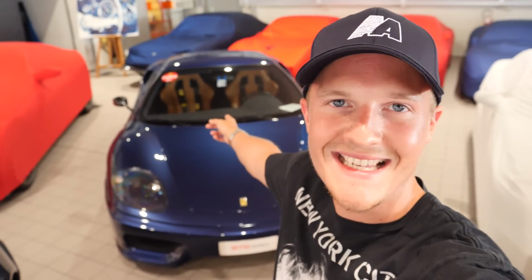Look at this Challenge Stradale. Oh my good lord, I've fallen in love with this immediately. I'm pretty sure that's Tour de France blue, maybe even blue Pozzi, I should probably ask, but it's got a tan leather interior and no stripe and